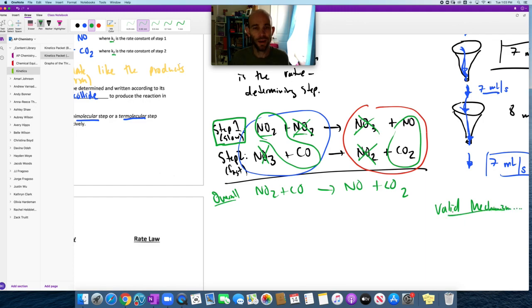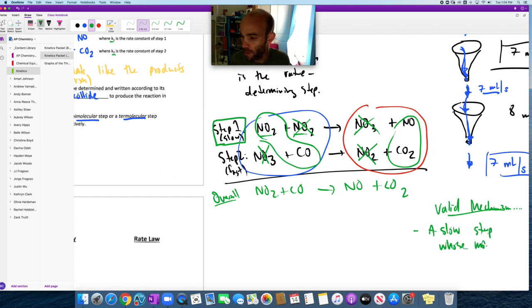Now in the past, mechanisms were proposed. Sometimes you couldn't really be sure whether or not the mechanism was actually the way the chemical reaction occurs. Okay, because molecules, you couldn't see them. Is this actually what's happening? But it's valid. It's valid to think that this might be how it's happening, because we have a slow step